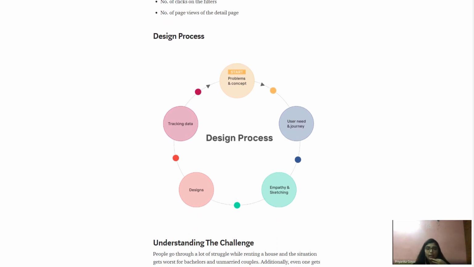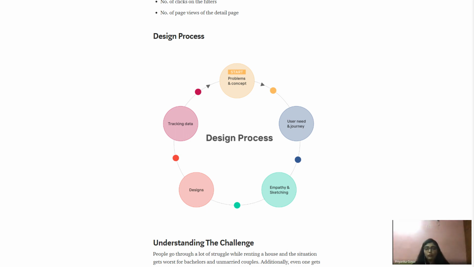The kind of design process I followed here, so it looks like a huge process, but this project was of really short duration. But I kind of followed all these processes because it was my first project at Oyo, and I wanted to understand the users also. So I did the complete thing.